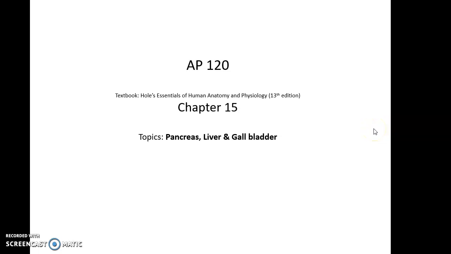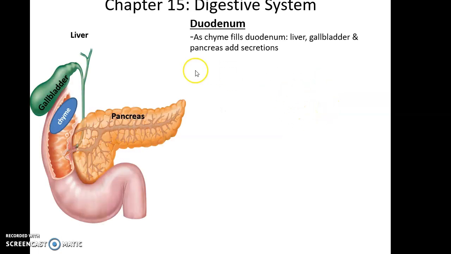AP 120, Chapter 15 topics: pancreas, liver, and gallbladder. Well, the chyme will enter and fill the duodenum, which is the first portion of the small intestine. And when this happens, secretions from the liver, the gallbladder, and the pancreas will be added to and mixed with